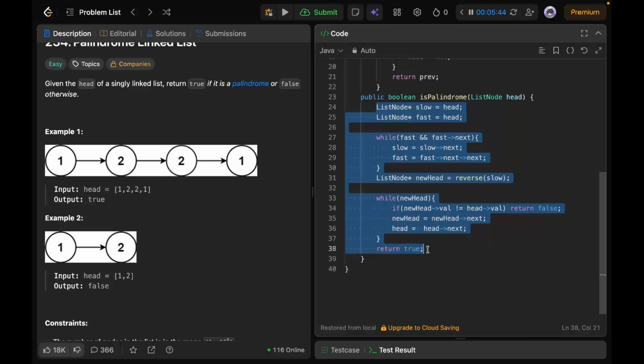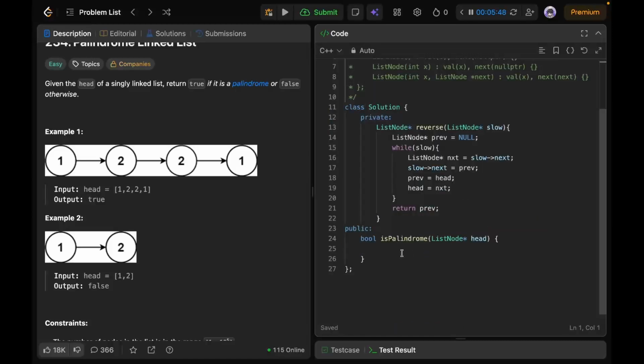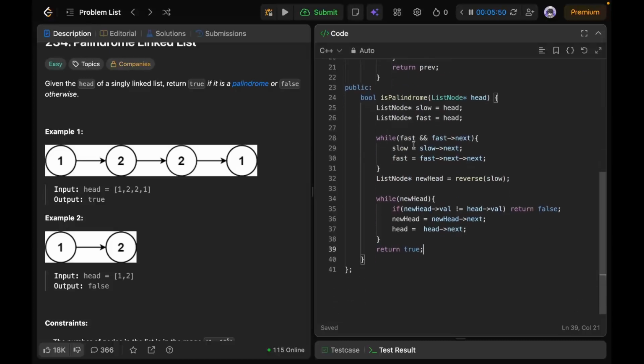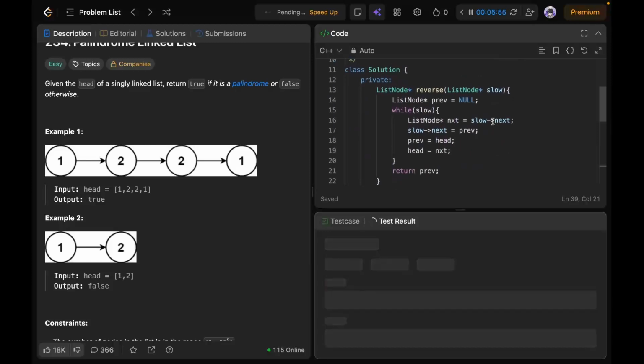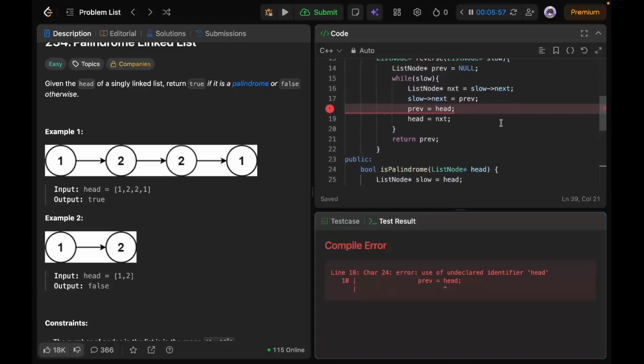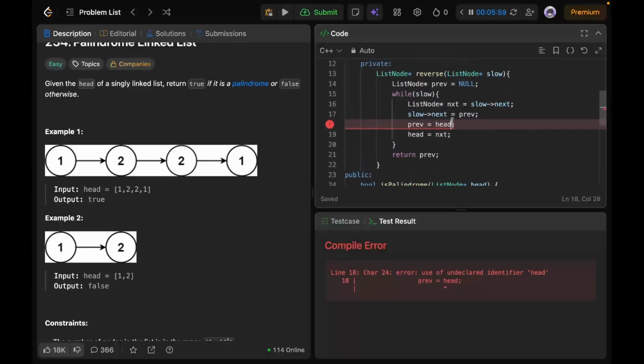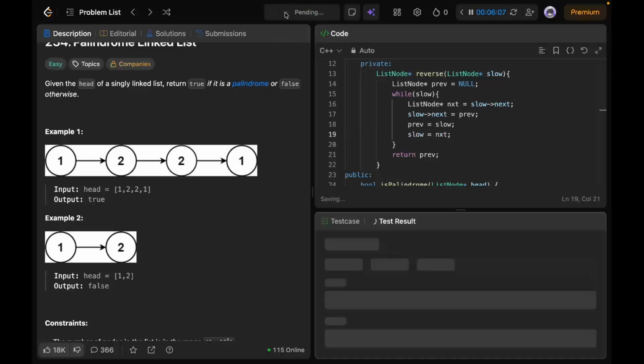Control C, Control V. Now will that be working? I think it should be working. Oh, sorry, there is not any head. It should be slow, and my slow will be next. Okay,